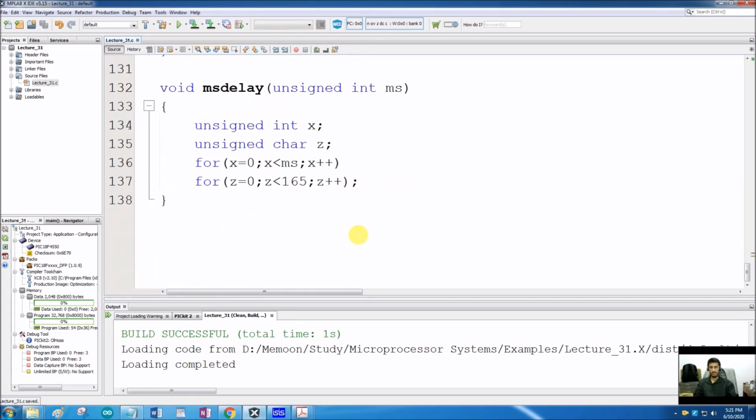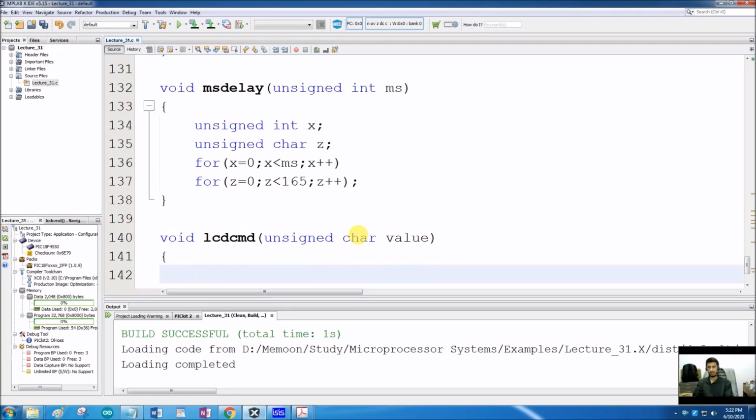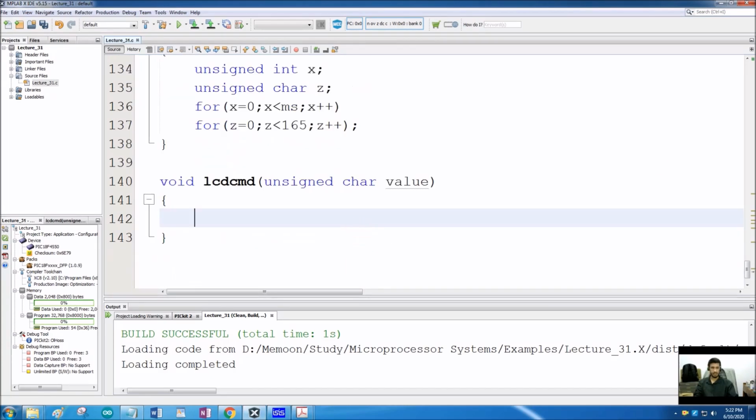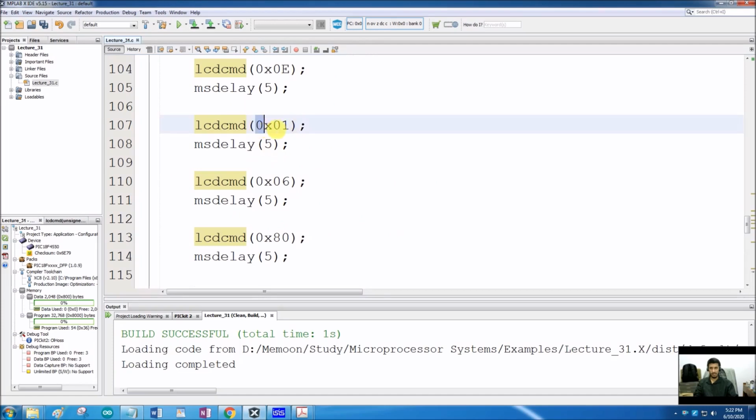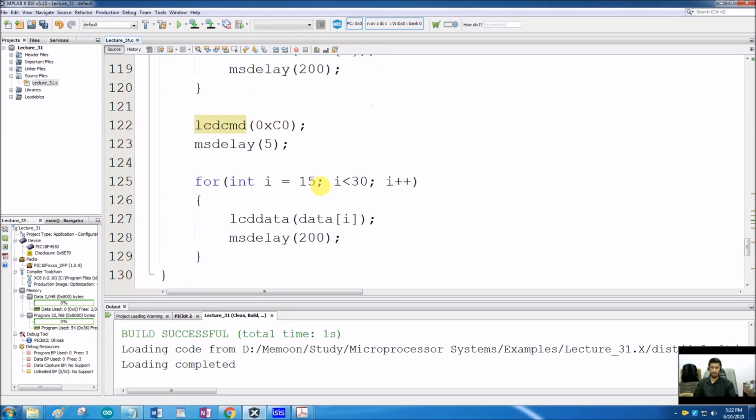Now what's left is to make these two functions, void LCD_CMD, and inside that we had an unsigned char value. So let's see what should be inside this function. Inside the LCD command subroutine, we want to send this data as a command to our LCD.